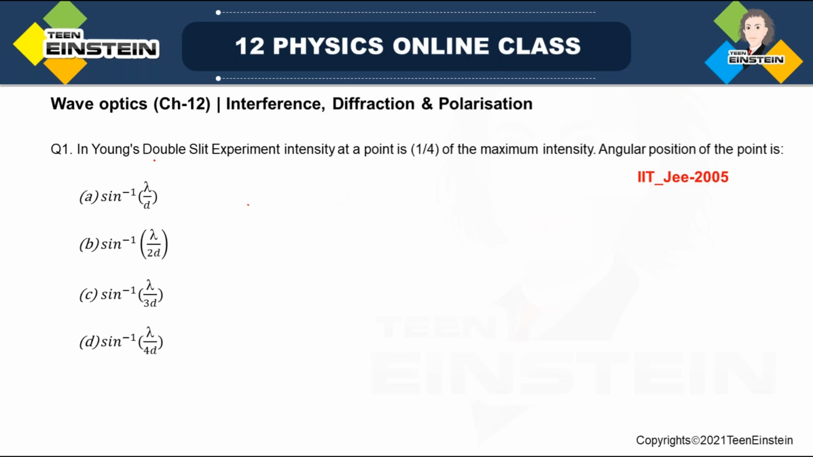So this question says, in Young's double slit experiment, intensity at a point is 1/4 of the maximum intensity. So what is the angular position of the point? Look,